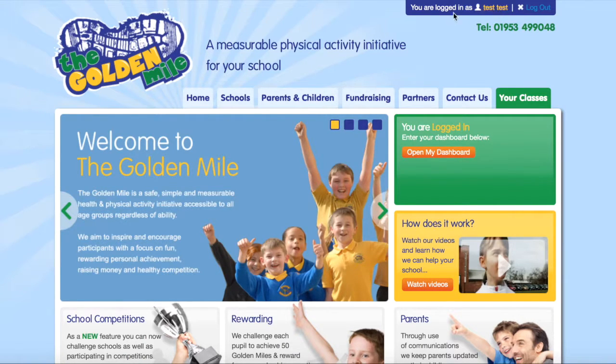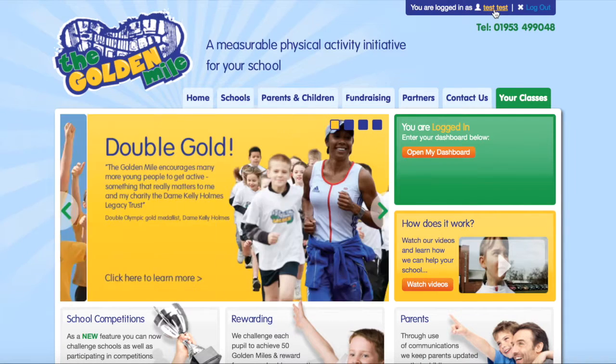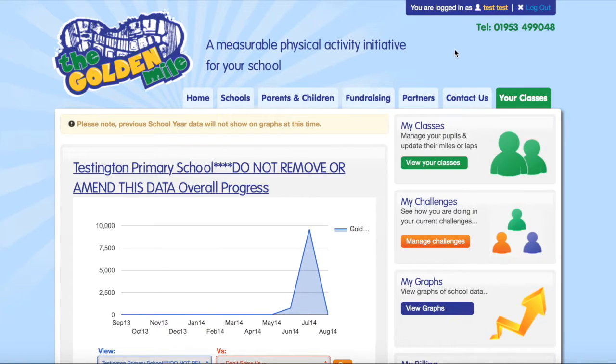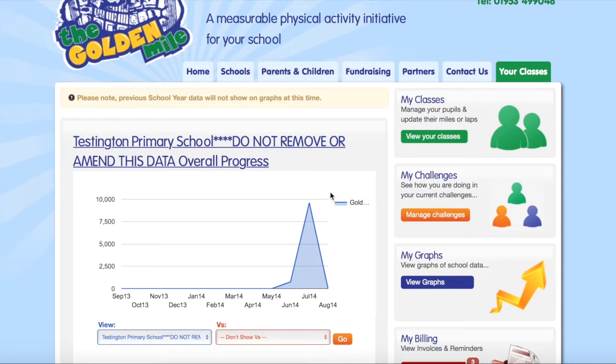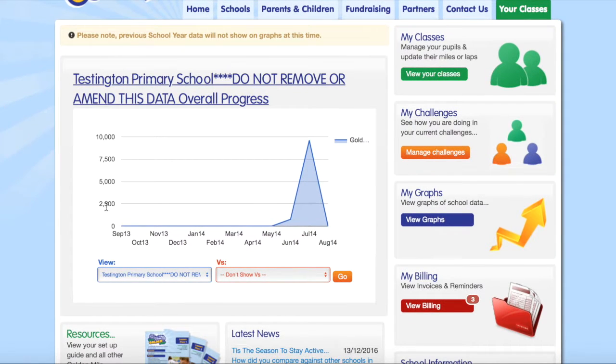To log into the system, you will be given your own unique login, and you can log in just using an email and a password that we set up for you. On this example, I've just logged in via a test site, and as you can see, this is the dashboard which can clearly visualize the amount of laps that have been completed within the relevant school. And there is also an option to involve some competition and some virtual challenges with other schools and other classes